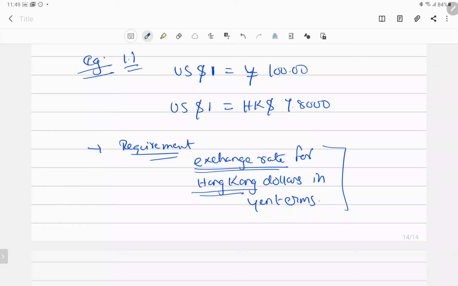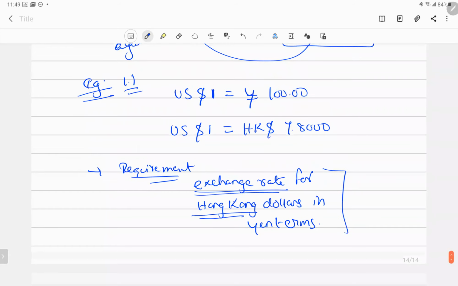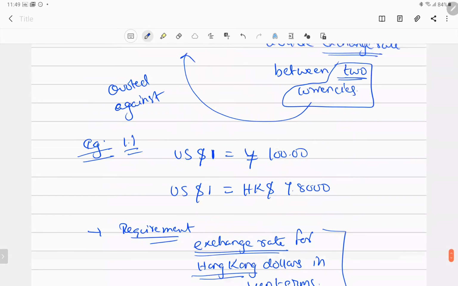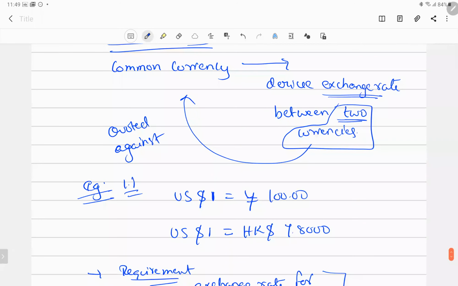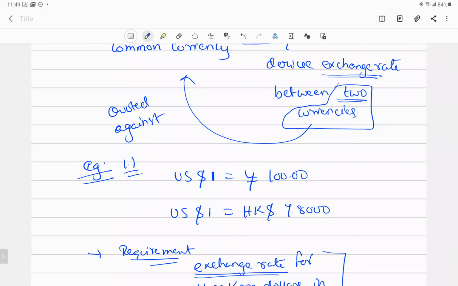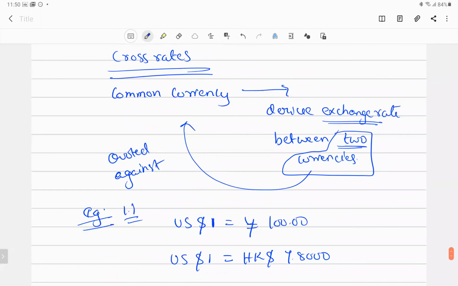Why are cross rates required? All over the world there are several banks displaying their exchange rates, but the rate which we require may not be available in the list. At that time we have to combine the indirect or reciprocal rates and derive our own rate. That is the need of cross rates.